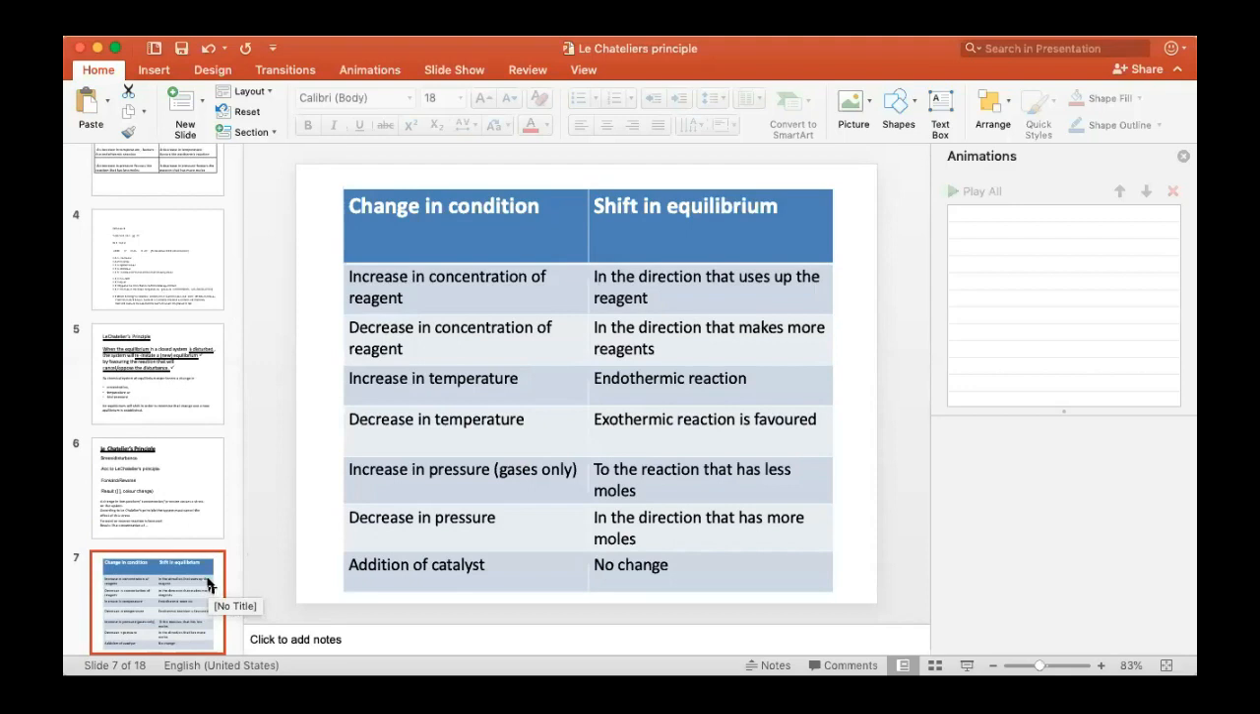Before we look at an example, you all did this yesterday. This was the summary of the effects of Le Chatelier's principle. Sometimes they ask you a question just for 2 marks, then they just want the effect. What is the result? Then you write it like this. But if they say use Le Chatelier's principle and they give you a 4-mark question, then you must explain it